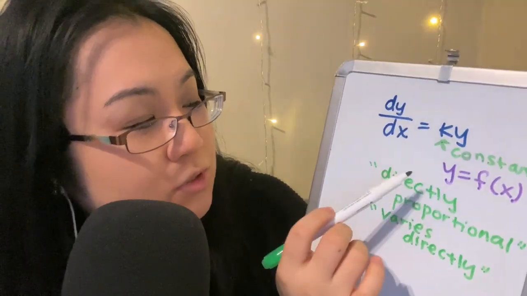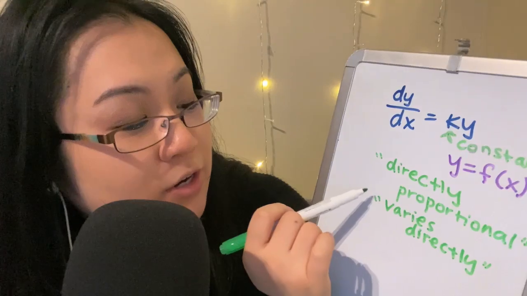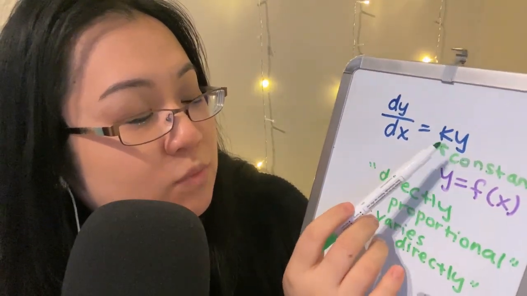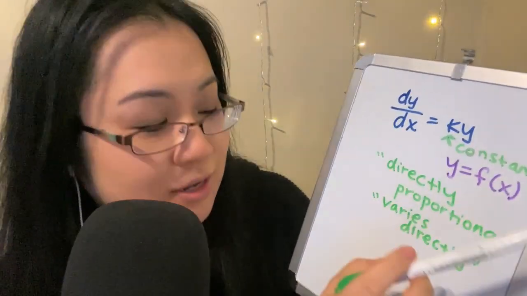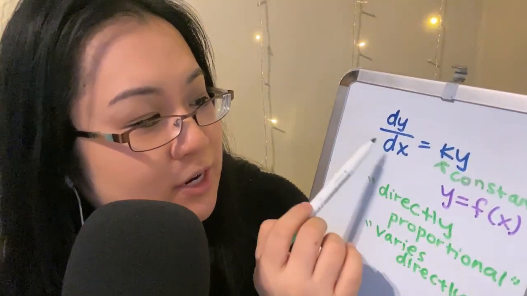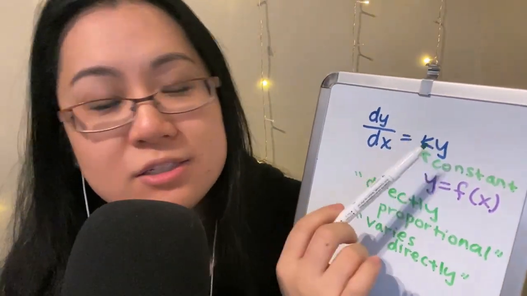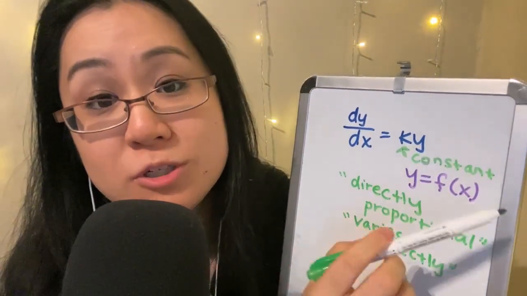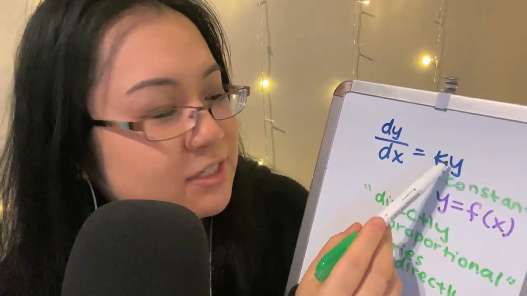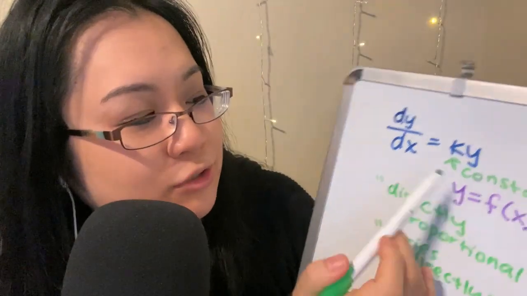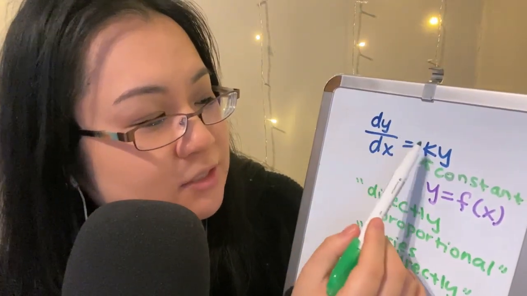So if you saw that, the rate of change of a population varies directly with the population at a particular time, or any given time, this would be the setup. The rate of change varies directly. So k is called our constant of proportionality. It's just like a general placeholder to show that the rate of change is a constant